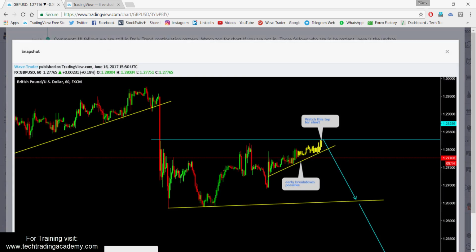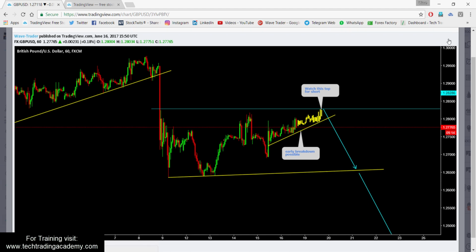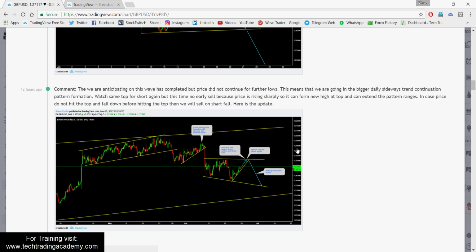pattern formation. It can take some time at this area. Price took some time at this area, right? And then finally dropped down for that trade. So similar to that, price at least